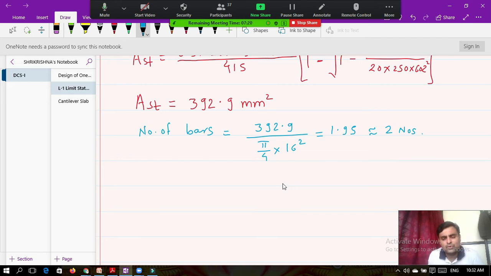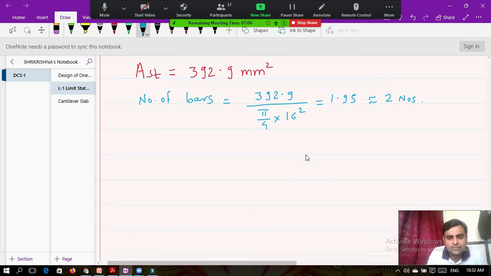Okay. 4 number of bars are also easy to accommodate in the beam and 2 number of bars are also fine, there is no problem. Okay, let it be. We will go with the 16 mm as we have assumed. So number of bars we are going to provide is 2 bars. So now AST provided, calculate the area of steel which is provided.